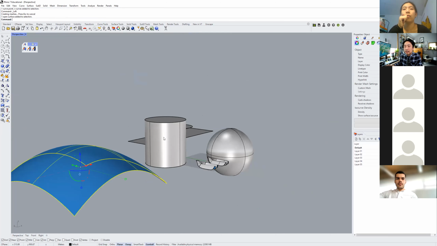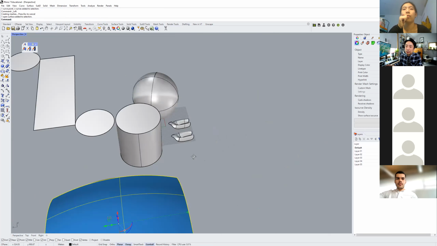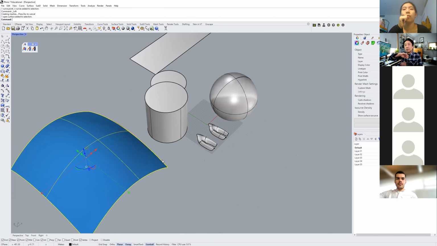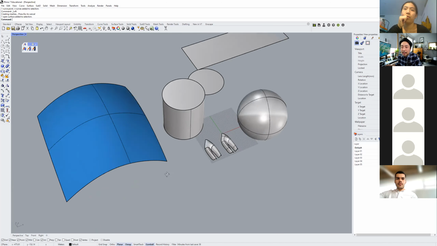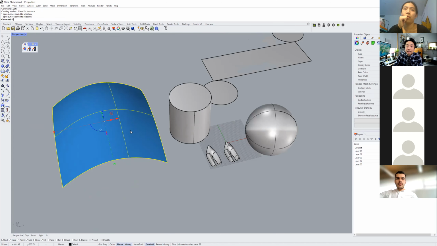Right. So you can see this surface is curving in both the U and the V direction. So that means that it's a doubly curved surface and I cannot unroll something like that. Okay. That's why